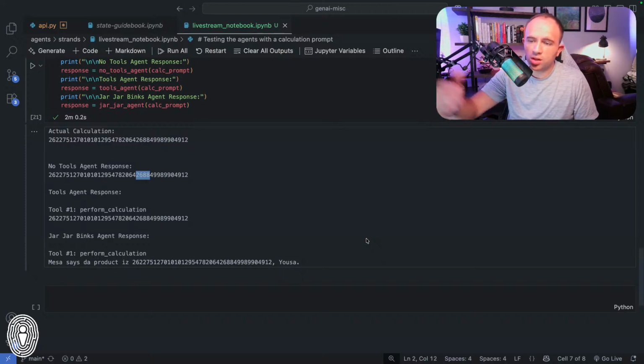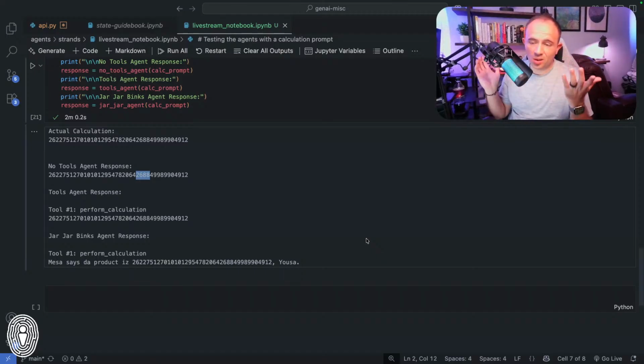The order of the digits was correct, but those four digits were not present, so the calculation was incorrect. This time the large language model did get it correct, which is kind of surprising to me, but you saw how long it took, whereas the other two were almost instantaneous in performing those calculations.